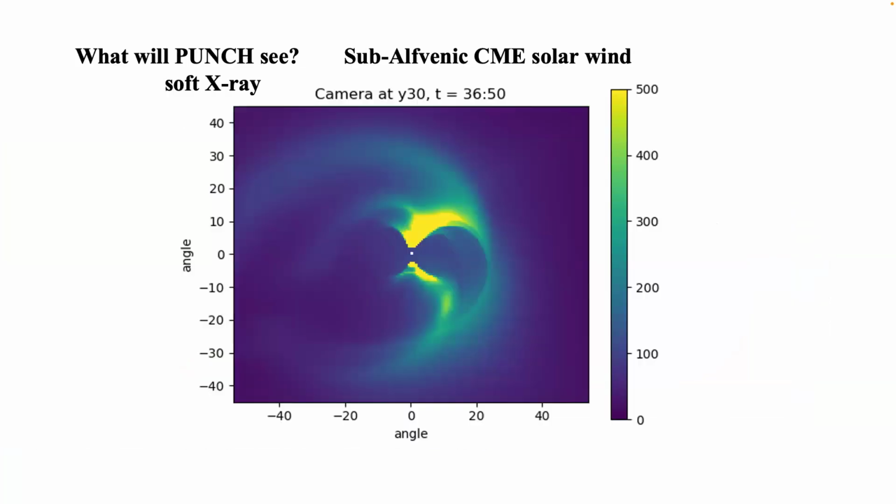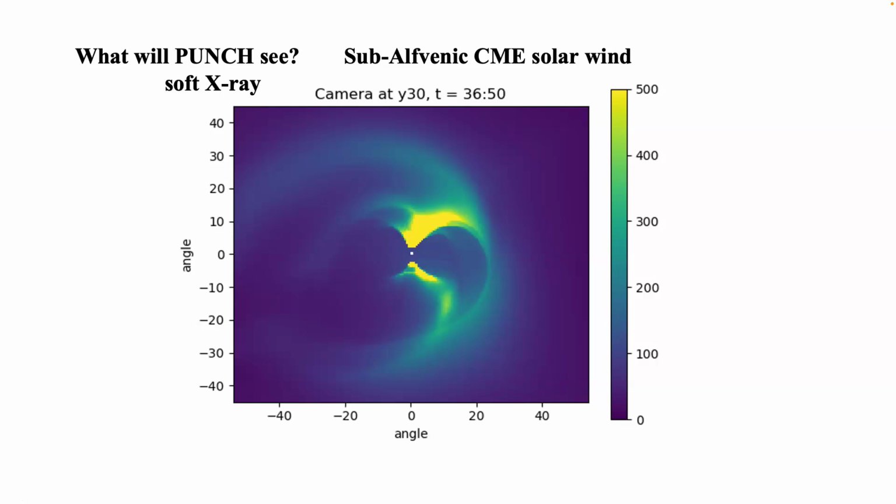And now I'm going to move on to soft X-ray picture. So PUNCH will be around here. I mean, 4 of them going around, right? And a terminator. This is a view, if you put yourself in space and looking at Earth from the dusk. So Y is 30 RE and X and Z 0. So what you're seeing is the beginning,